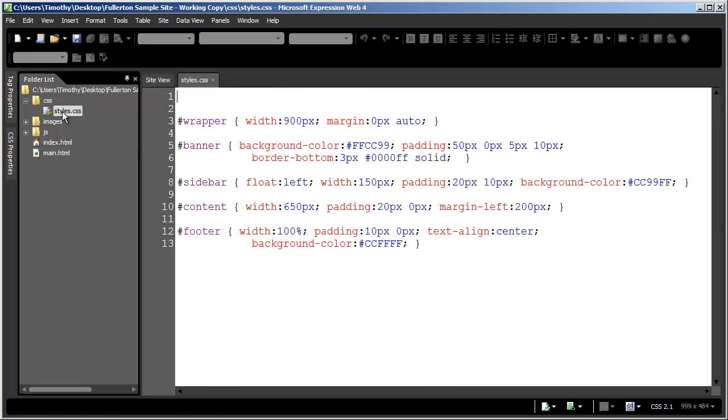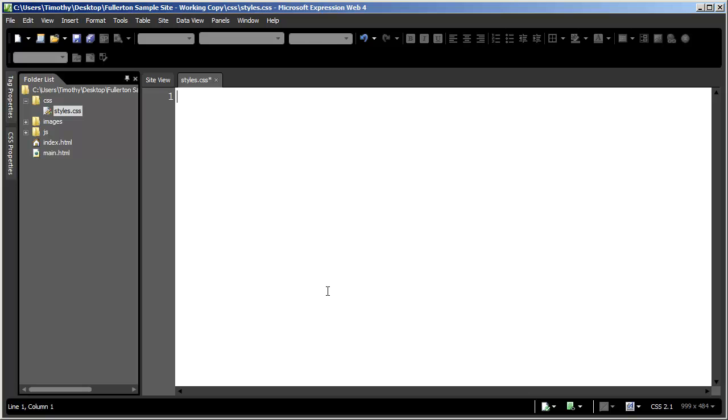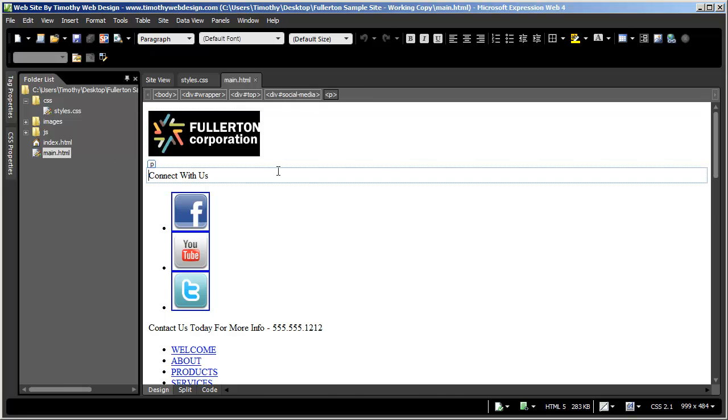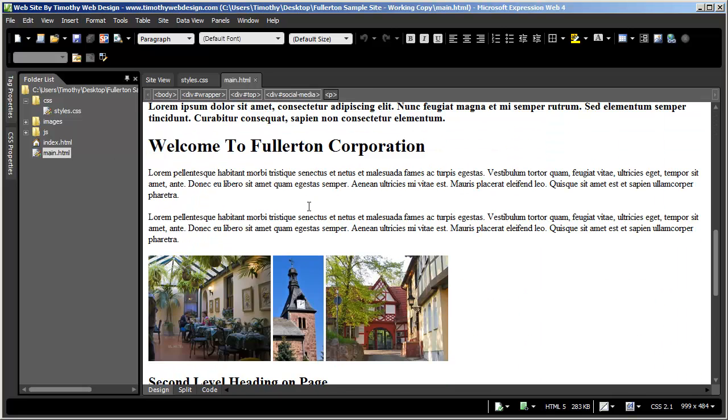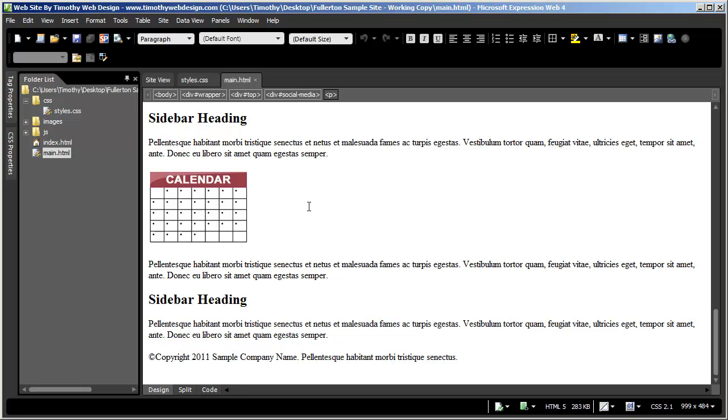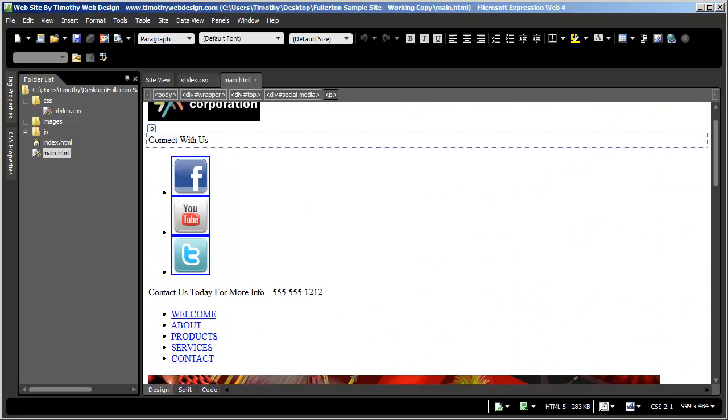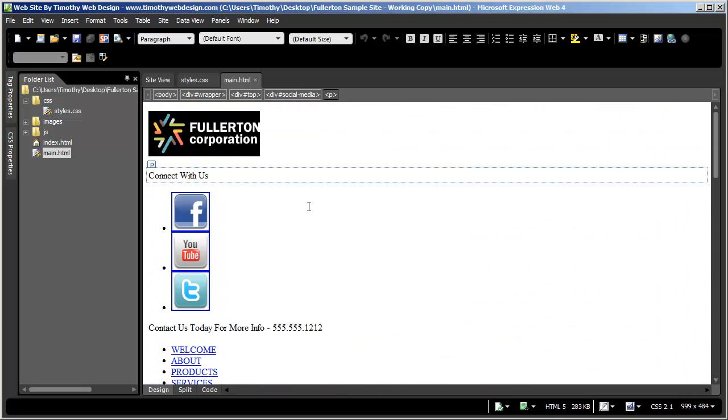I'm also going to go into my style sheet right here and delete all those styles that we worked with in the last exercise. And then I'm going to open up main.html and you can see here's where we left off. Now, when you're beginning to lay out a page with CSS, you can go ahead and type in all the basic